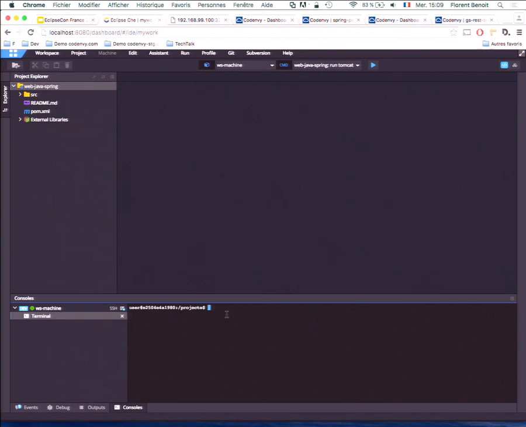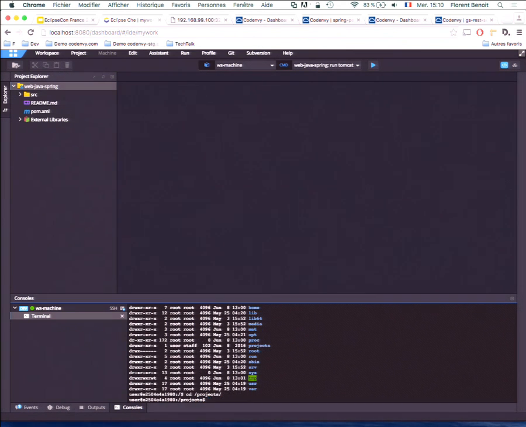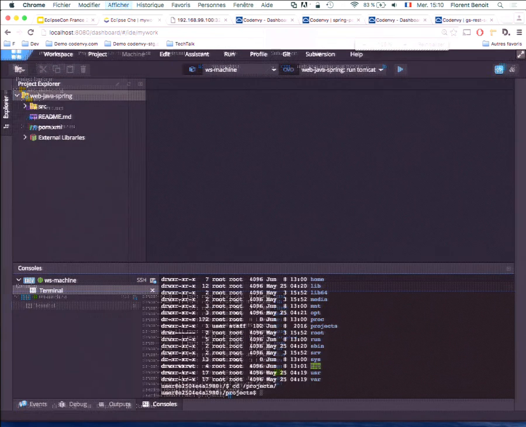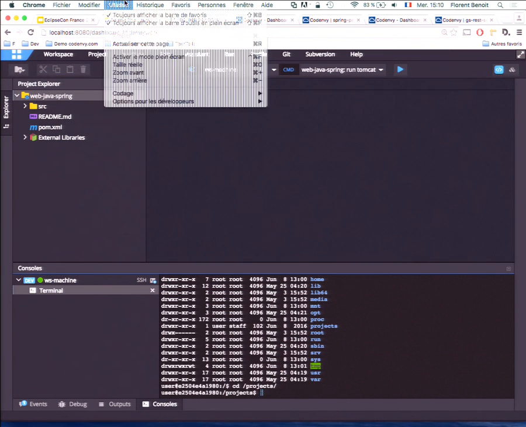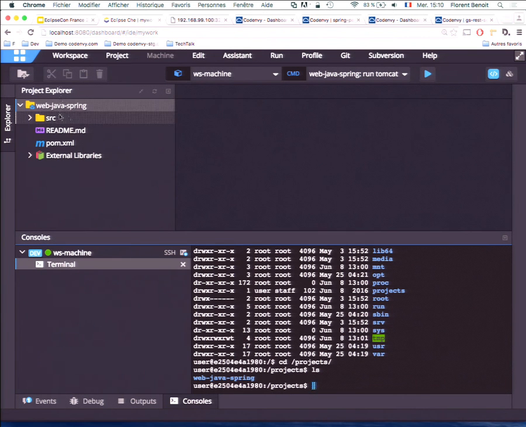We can see that we have a shell. So I'm connected here inside the Docker container. So if I go to slash, I can see Linux while I'm on a Mac system. As Stefan said, the projects are mounted inside the projects folder. So if I go in the projects, maybe I need to zoom in. If I go to slash project, I can see my project there.